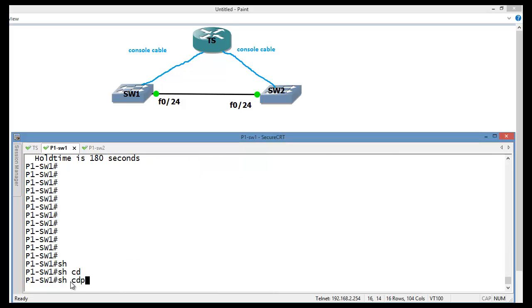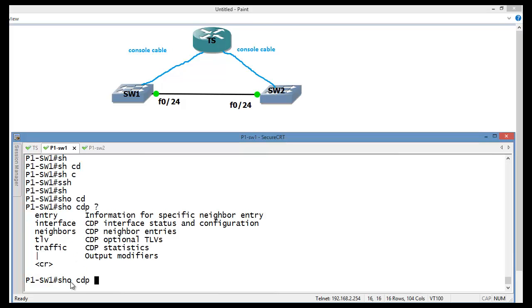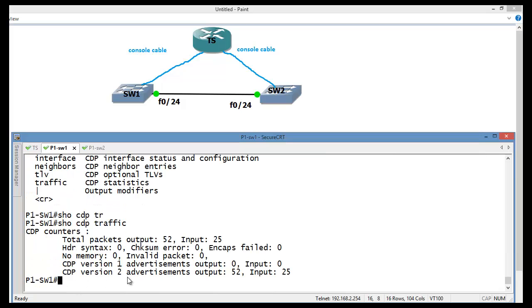So show CDP, and then after neighbor and interface, and then traffic: how many packets we have sent so far, how many packets we have received so far, and what version we advertise on these switches.